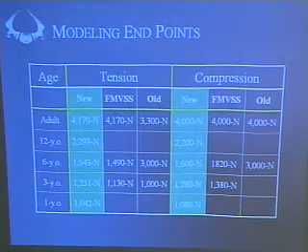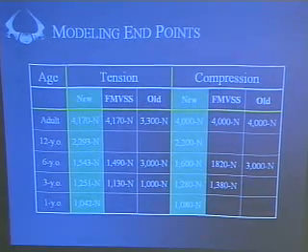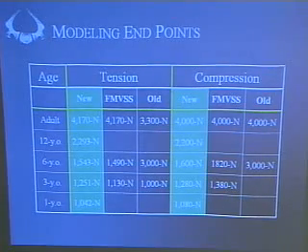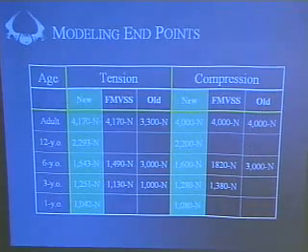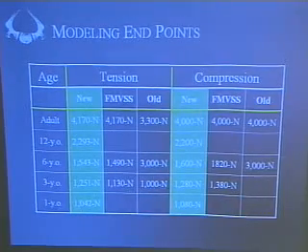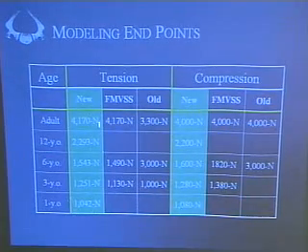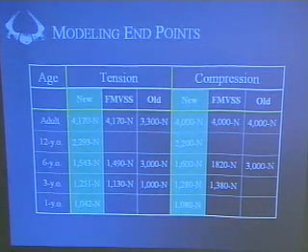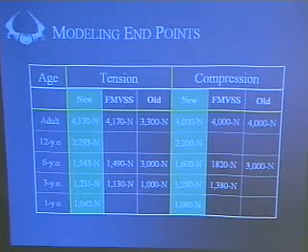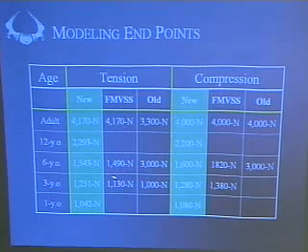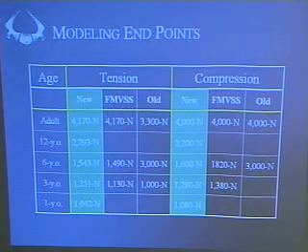And so I think one of the strongest results of my experimental work was to come up with criteria for ending that modeling effort. These are the previous values for tension and compression that I showed you on an earlier slide. And in green are the values that we came up with from our experimental work for the endpoints in force across age. And the FMVSS is the Federal Motor Vehicle Safety Standard 208, which came out last year. And you can see that the numbers are very close to the numbers that we came up with in our study.